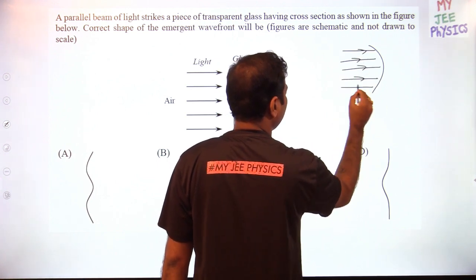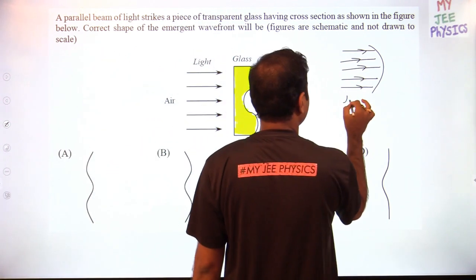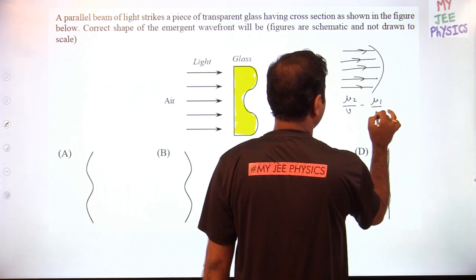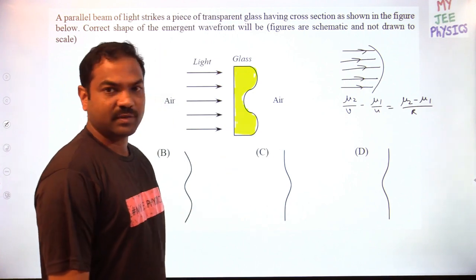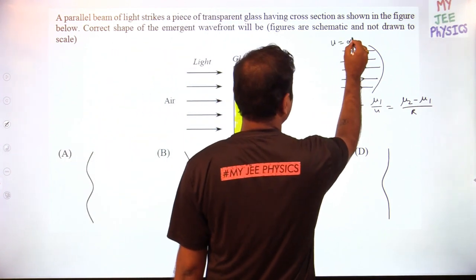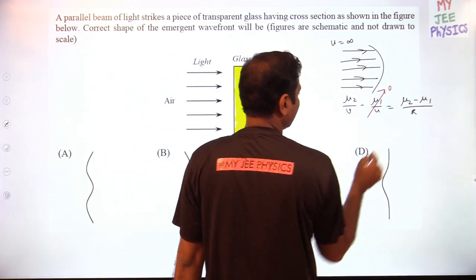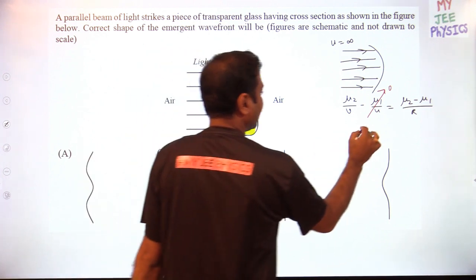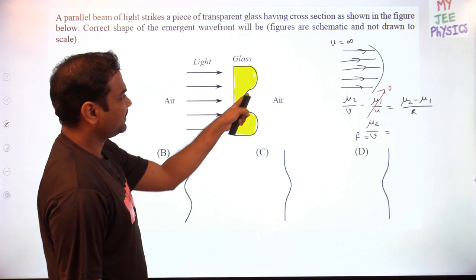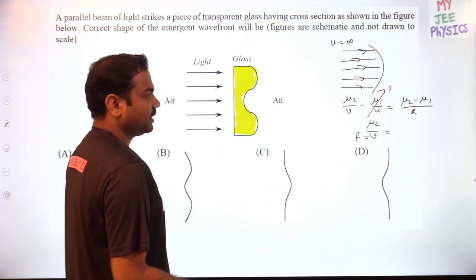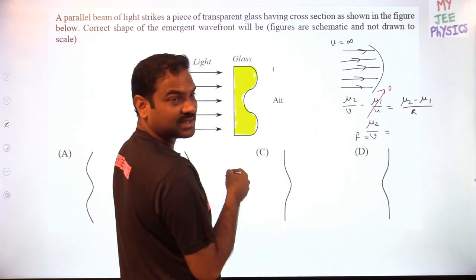Now let us apply the simple formula. A ray is going from one medium to another medium. I am going with mu2 by v minus mu1 by u is equal to mu2 minus mu1 by r. I am going to use this formula. What are the u values? U value is infinity, so forget about the mu1 by u term. This value goes to 0. Now mu2 by v, where v is like a focal length, where it is focused. Because of this curvature, I am checking where it is focused, so the v value is nothing but the focus. Mu2 minus mu1: what is that? Mu2 is nothing but air.